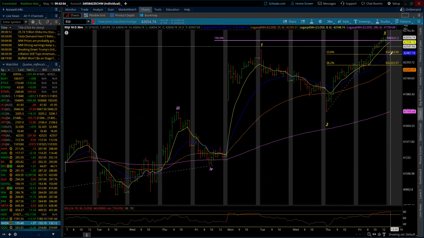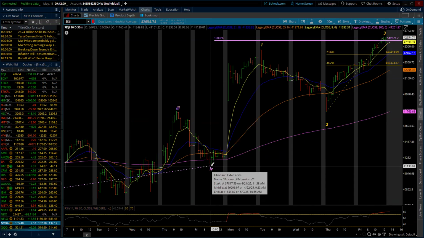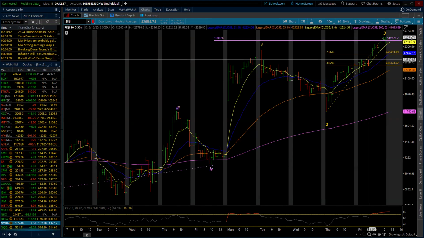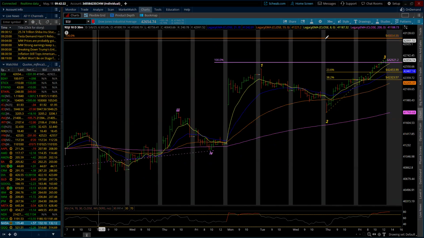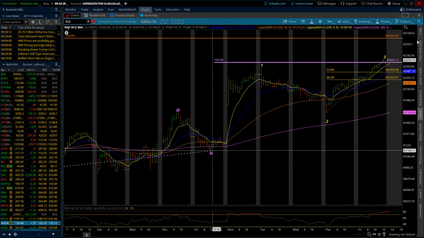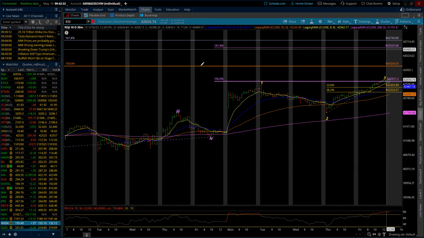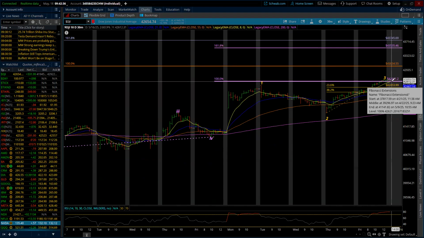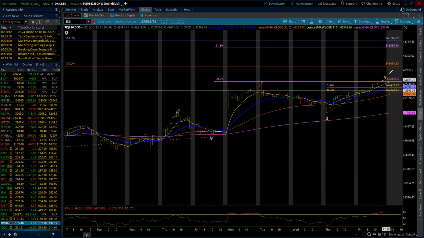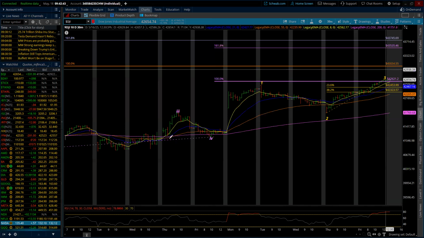So we're still going to do a 4th wave, but I'm not looking for it to come down as far as the others will, because it's of a smaller degree. So it's going to get interesting, because I'd be looking for a small pullback, a rally back up, likely starting to get to, I'd have to have clearer markers, but right now this minuet wave 5 projects up to 43,535, because we're sitting pretty much at the 100%. So again, if we did a very small, came back up and put a 5 in, I would then be able to say that a possibility that we have this minuet wave 5.